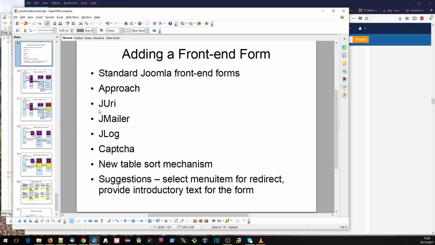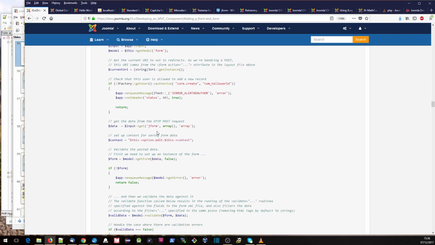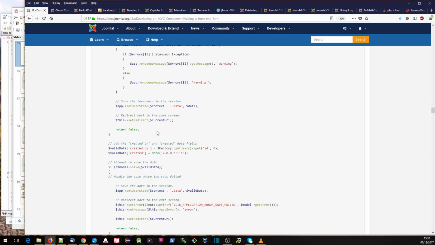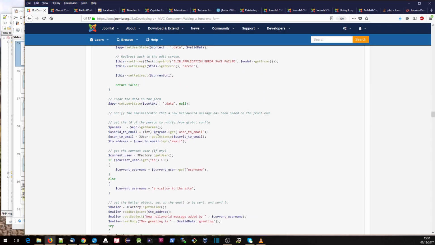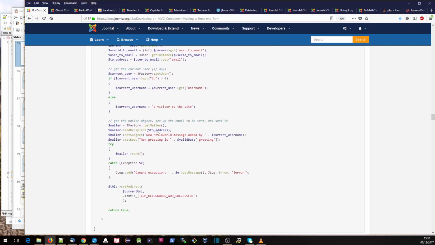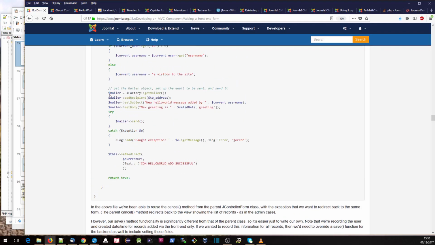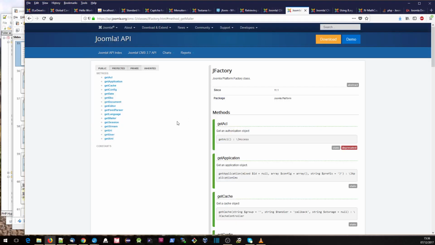Now, what's the next thing? JMailer. So we've used this in our controller down below to send a mail to the user that's designated in the global config. And really, sending mail is fairly straightforward. We've just got this call to actually get a handle on the mailer object. So if we go into, I think it's JFactory, get mailer,